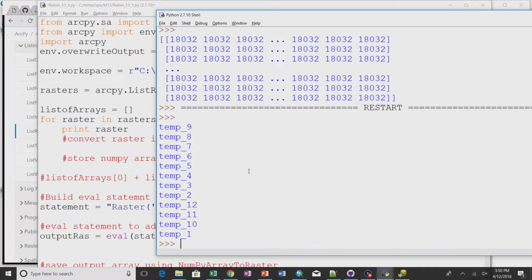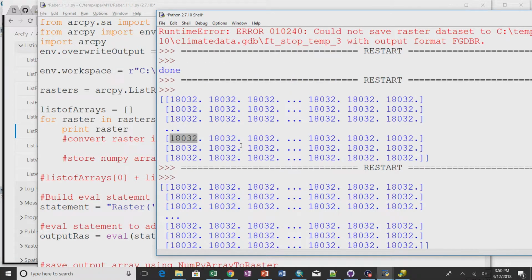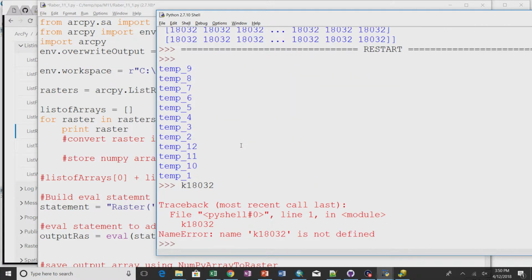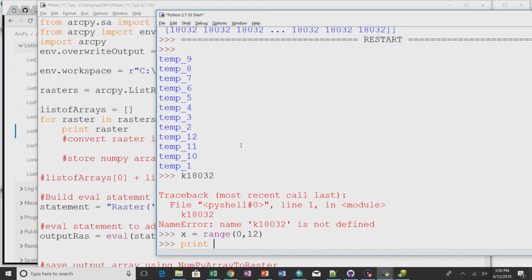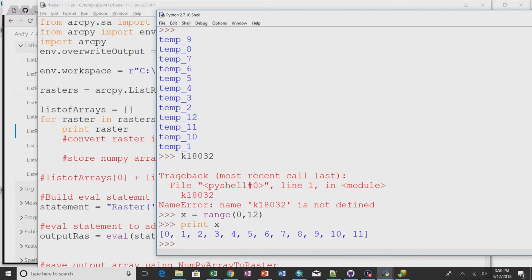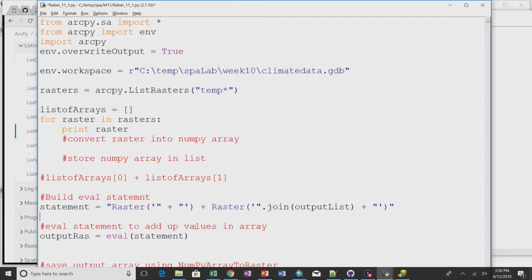So, in order to build a statement like this, if I say something like x equals range 0, comma 12, I get something that looks like that, right? So if I did something like this,